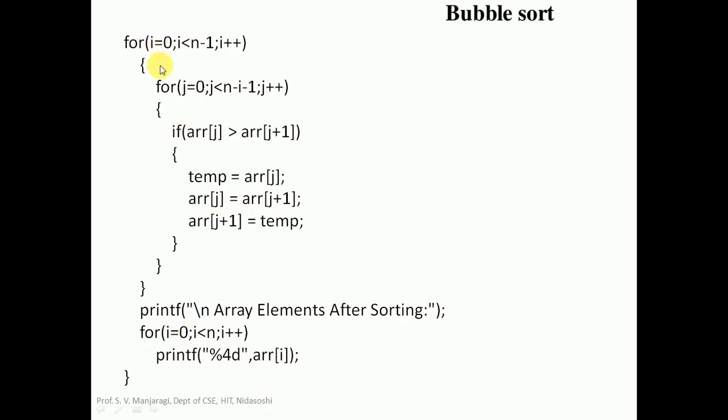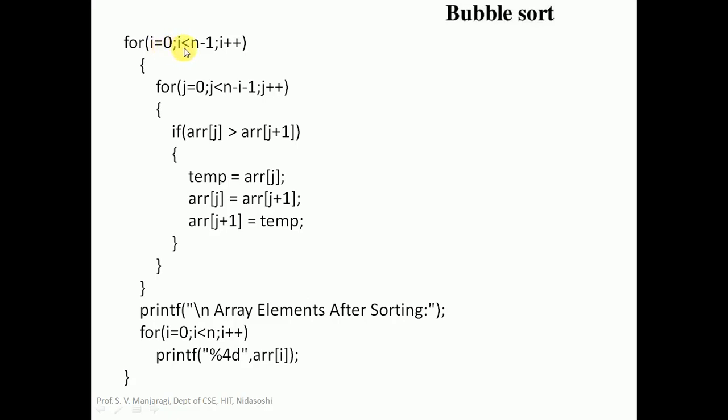So this is our bubble sort technique here. As we learned, bubble sort makes n minus 1 passes, n minus 1 iterations. For that, we take a for loop. This outer for loop is going to check the number of passes to be made here. So this outer for loop is going to be repeated n minus 1 times. We'll start from i equal to 0. The condition is i is less than n minus 1, i plus plus.